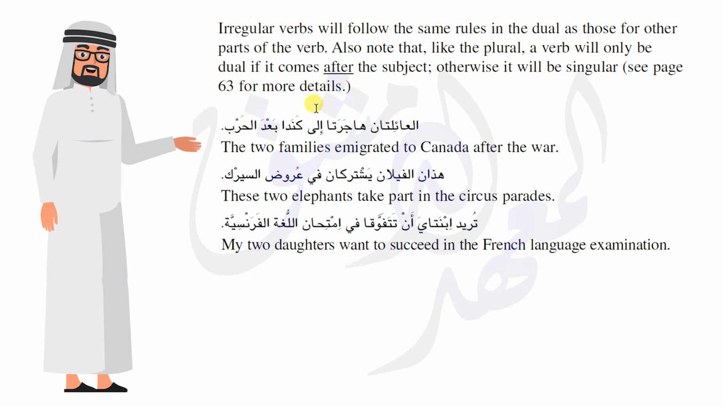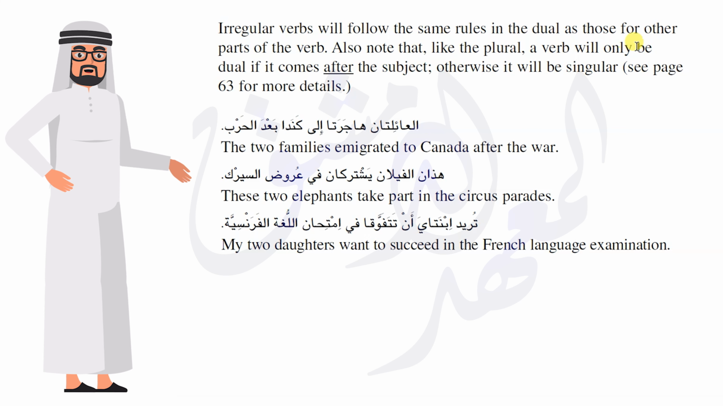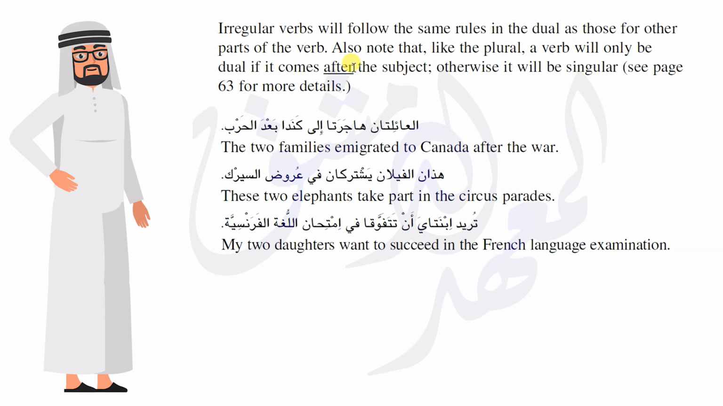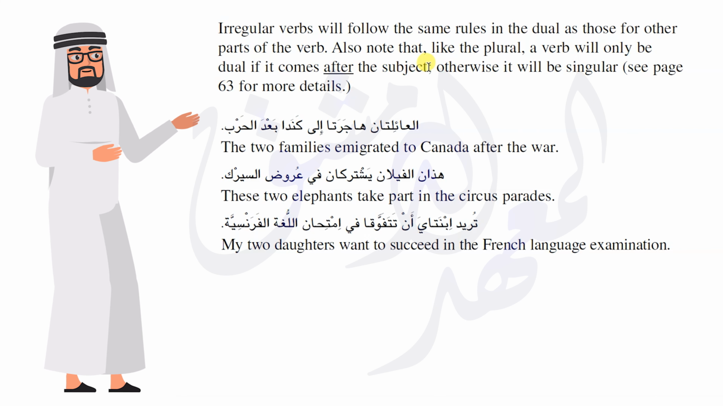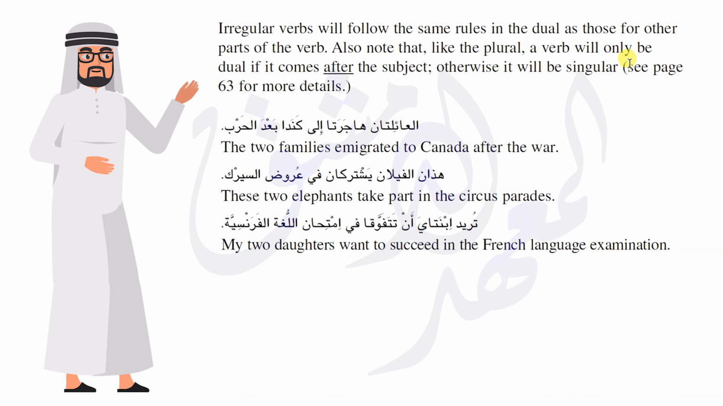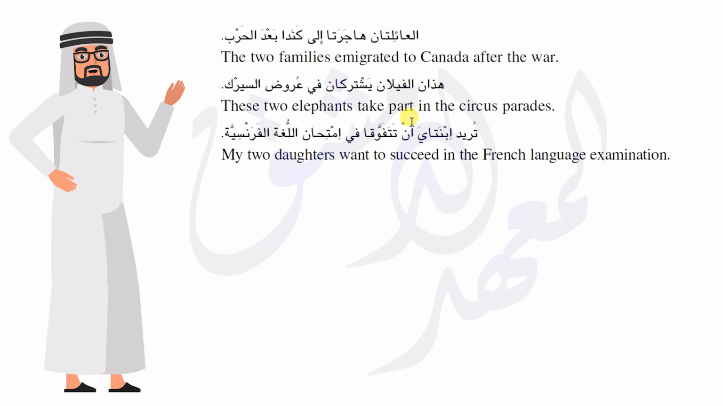So irregular verbs will follow the same rules in the dual as those for other parts of the verb. Also note, like the plural, a verb will only be dual if it comes after the subject. Otherwise it will be singular. So